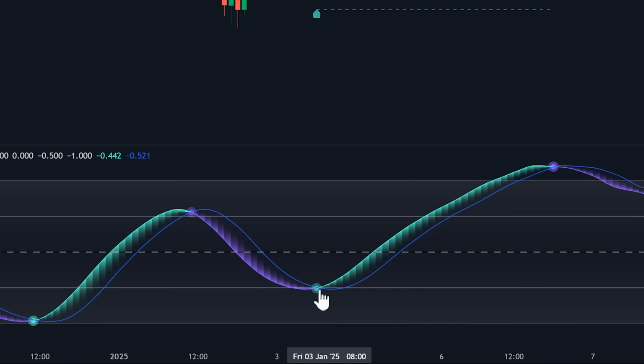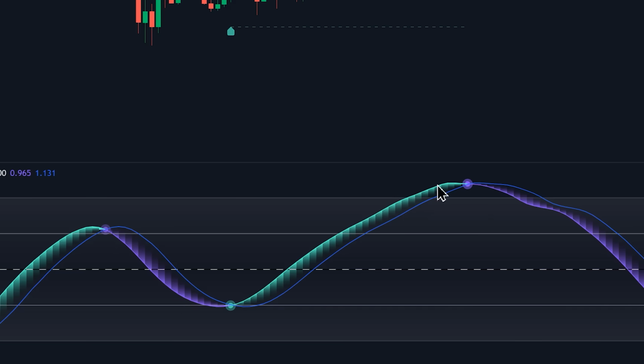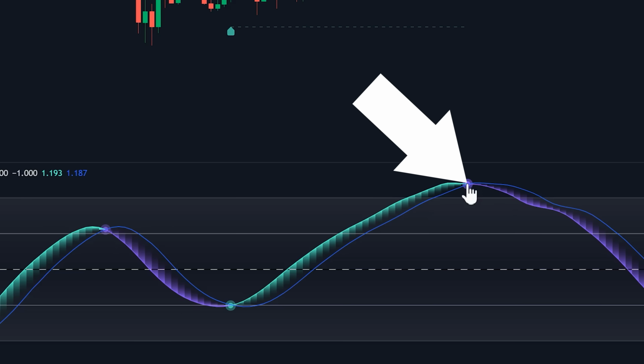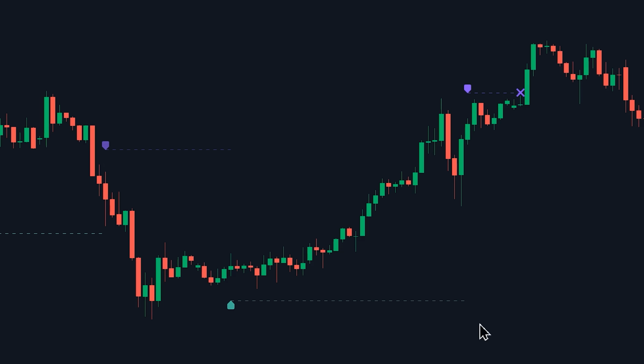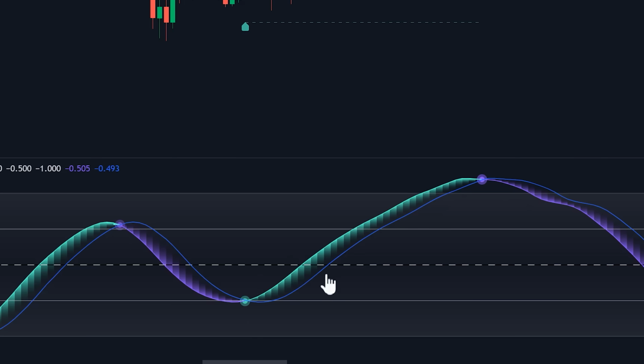That same buy signal is reflected on the chart as a blue upward arrow. When the oscillator crosses under the signal line, a sell signal is printed. And on the chart, you can see it's a downward arrow. So not only does it print the buy and sell signals on the oscillator window, but it also prints them